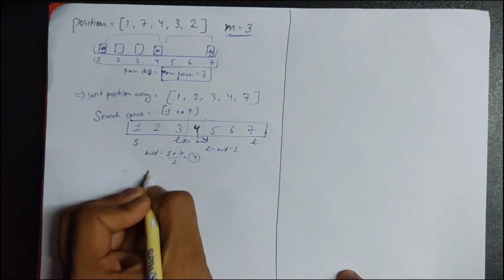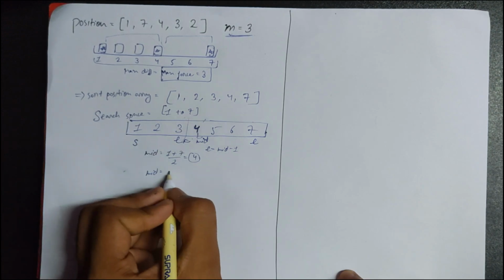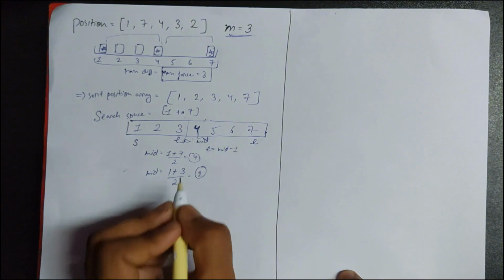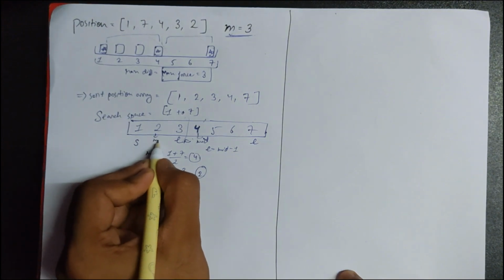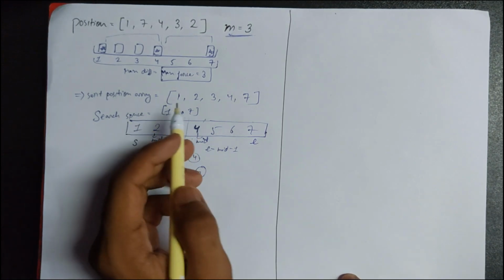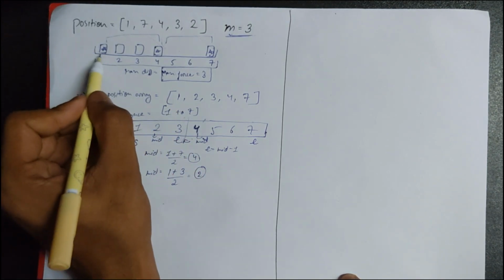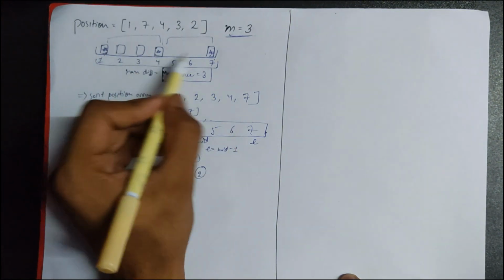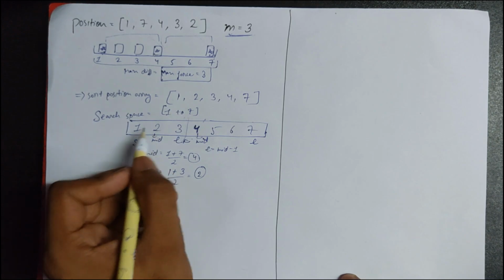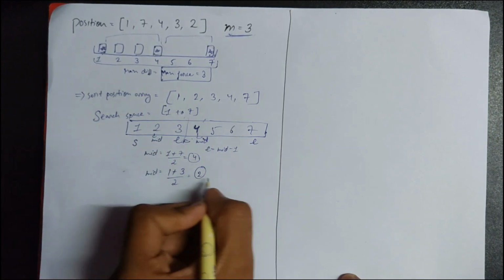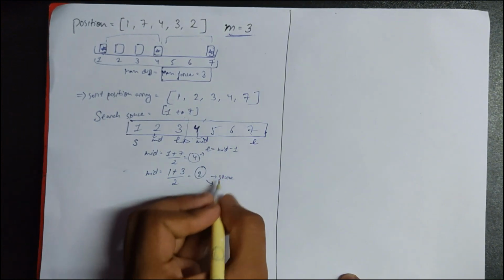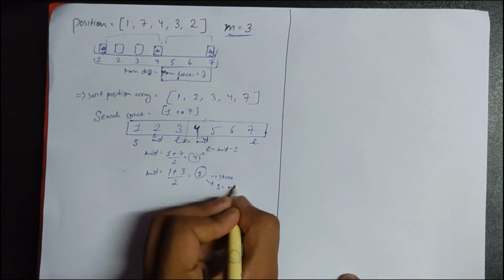After that we will again find the middle value. So the middle value will be s plus e by 2, which is 1 plus 3 by 2, which equals 2 in this case. So now this is the middle value, and we will check our answer for this middle value. Does this answer satisfy the question or not? So we will see that we can place a ball here, here and here, or here, here and here, and in any condition this solution satisfies the answer. So we can use this solution. So we will just store this solution,